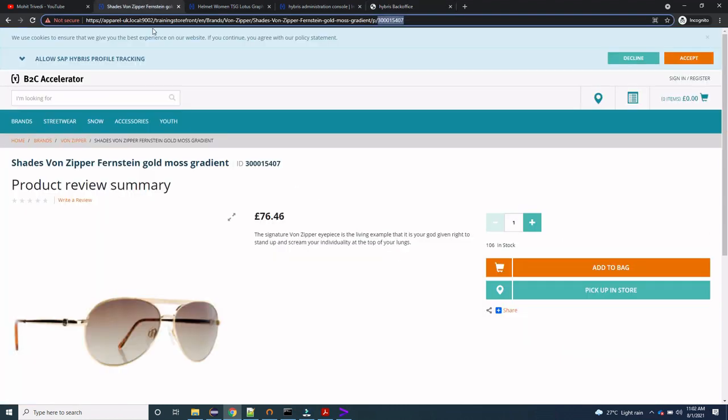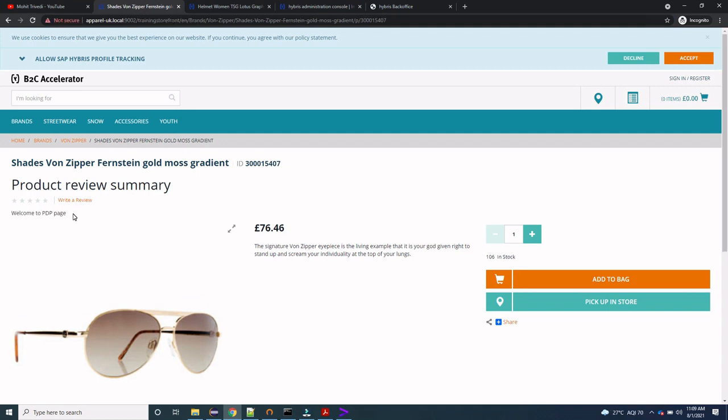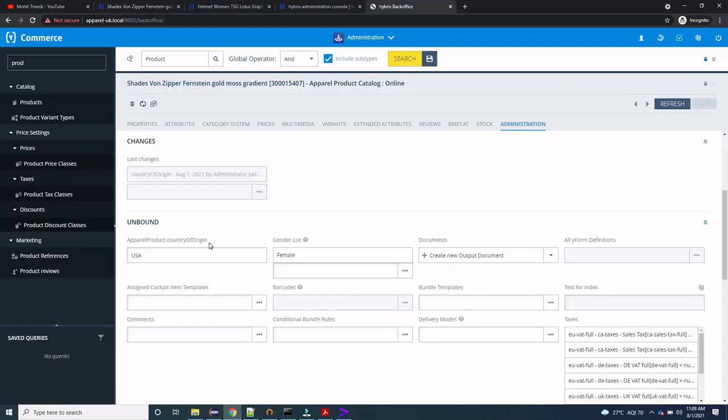Now if we refresh this particular page, friends, you can see that this welcome to PDP page message that we have displayed in the paragraph component is coming for this particular product as well, because for this product in the back office we have defined the country of origin as USA, and in our custom restriction we have defined India and USA as the countries.